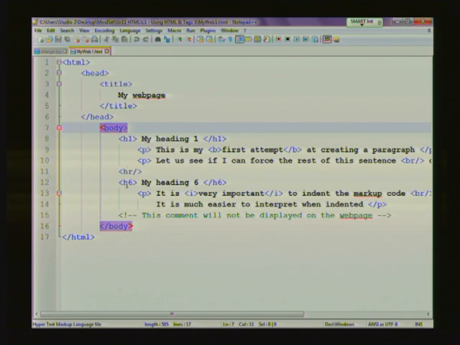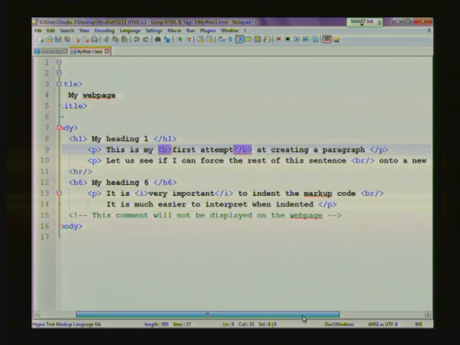So here I've used heading 1 to create a heading called my heading 1, and then I've typed in some information. I've started a new paragraph, and here I've applied bold settings to the words first attempt, and I've ended my paragraph. I started a second paragraph where I've used the break tag to move this part of the sentence